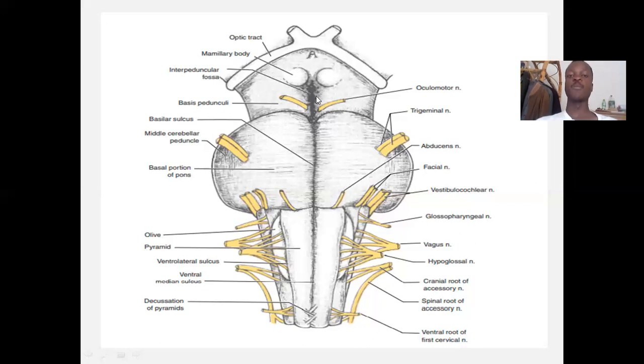And just lateral to this interpeduncular fossa, you have emergence of the oculomotor nerve, which is this one, that is going to supply most of the extraocular muscles, except your lateral rectus, which is being innervated, of course, by the abducens nerve, which is coming from the pontomedullary sulcus. Then the superior oblique will be innervated by the cranial nerve number 4, which is your